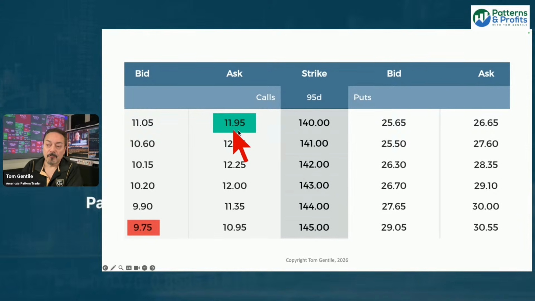But if you really like this to the upside, you think there's going to be an extension in oil prices, instead of buying the call options and paying nearly $12 for them, what about putting a spread on where you buy the lower strike call, sell the higher strike call? You take in premium on that, and all of a sudden now your $12 position is only about $2. Now, yes, you're only going to have the ability to make the difference between strikes. So $2 can only become 5, which means your $2 investment could yield a maximum potential reward of $3, but that's 150%. Imagine what the price of oil has to do, or USO has to do, in order for you to get 150% on just the call options themselves.